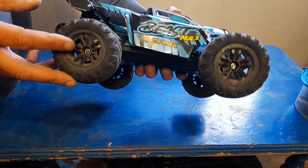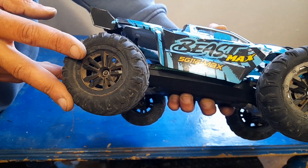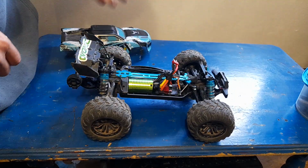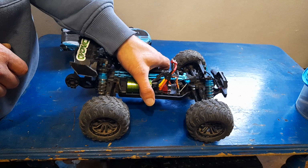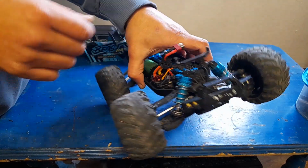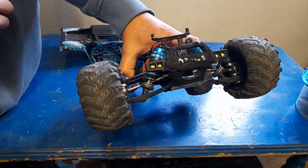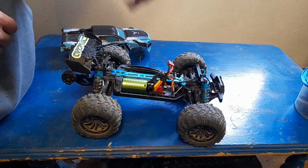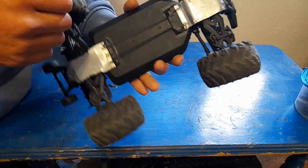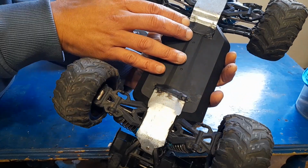Today I'm gonna be talking about this RC SG116 Max and the things I have done to it so far. So the first thing I can recommend you to do is to buy oil-filled shocks. This upgrades the handling tremendously. Then I recommend, if you want to keep it for longer, to make some steel plates,